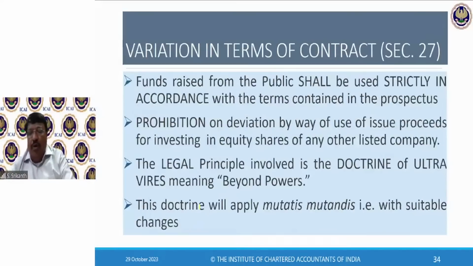Now, if you are going to use the money raised through the prospectus for investing in the equity shares of any other listed company, not possible. Friends again will note, they are only prohibiting investment in any other listed company. It's quite possible that you raise money from the public, the parent company will raise. Then, for the purpose of manufacturing EV, we will form a subsidiary, unlisted public company. Now, I can invest in that, no problem. This company can invest its money in that unlisted subsidiary, we can make it a wholly owned subsidiary.